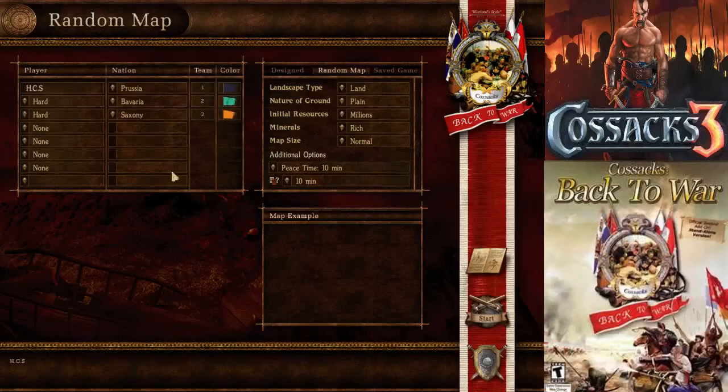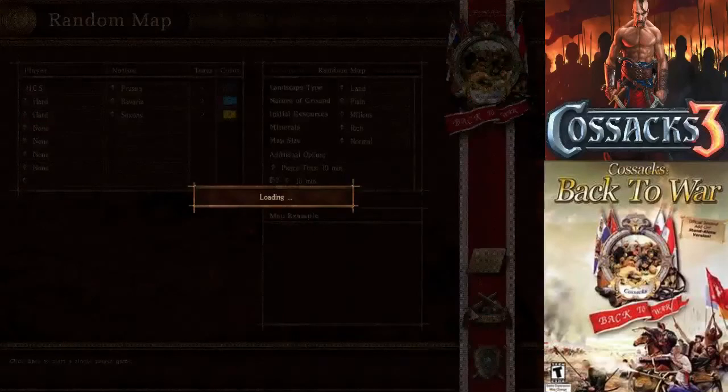Now you've probably realised in the title I've given this one a slightly different title called the Unification of Germany. That's because seeing as I am playing as Prussia, I thought I'll also play as Bavaria and Saxony, two other German city-states, to try and make it more something like Prussia would do, with millions of resources, hard difficulty and a normal land map. So,